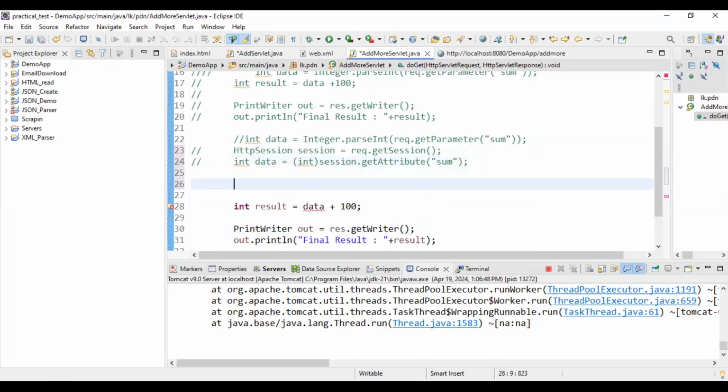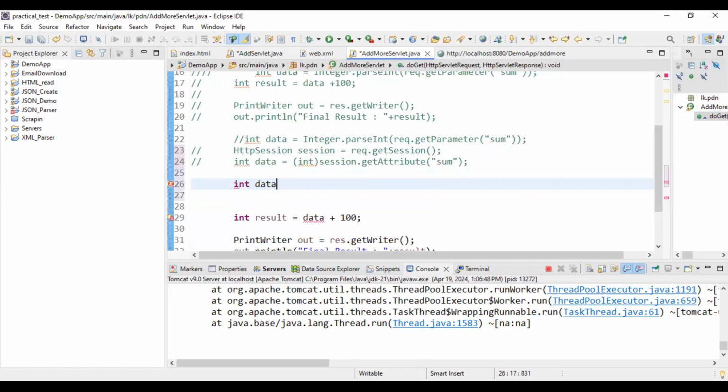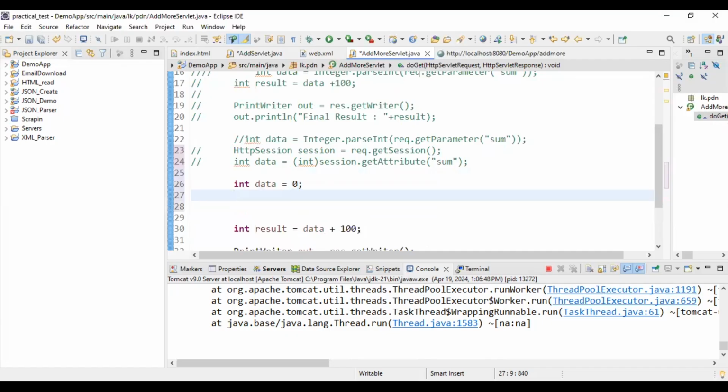Then I can create a variable to hold the data coming from the cookie, right? There's a special case when you are using cookies: it will give an array of cookies, not only one cookie. In this case, we are just creating a session, and using the session object we can extract these attributes. But cookies give us the array of all the saved cookies inside the browser, the client side, right? Then we have to create a cookie type array here,